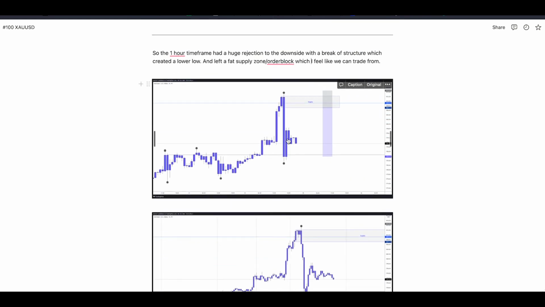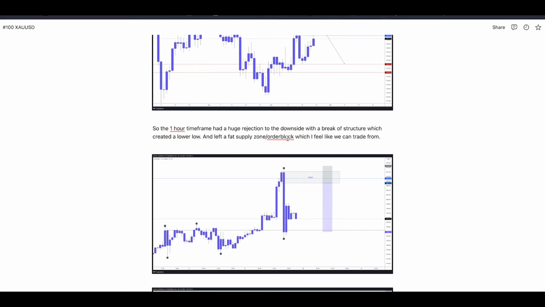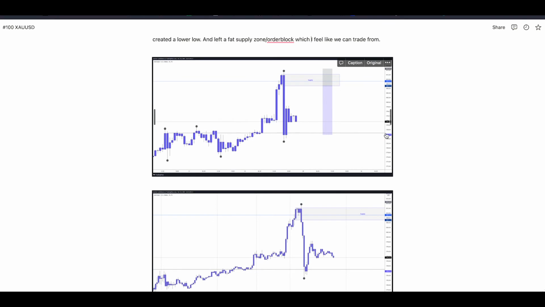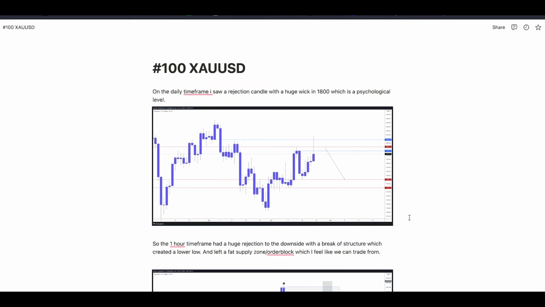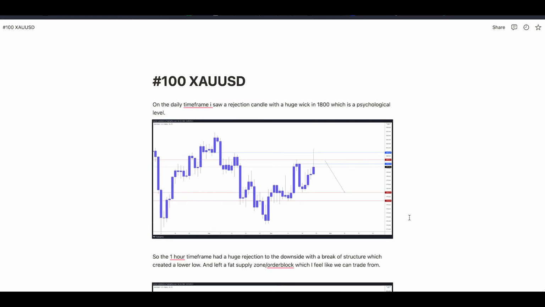So now we have not only described what we've seen, we have also used pictures so we can actually visualize the chart in front of us, which is good. So now I have journaled the things before the trade will take place. It is a Sunday right now, so the market is closed. So let's see tomorrow, on a Monday, what gold has done, and let's journal it when the trade has been